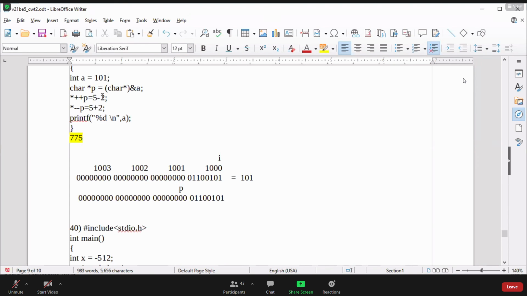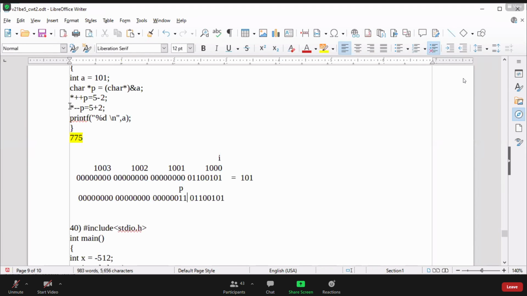Okay, so now what are we doing? 5 minus 2. We have to replace this 1 byte of data, which was previously 0, with 5 minus 2. That we can say is 3. So let me replace it with 3, which is 11. I hope everyone is able to understand. I am going to generate the new binary with whatever modification is happening.